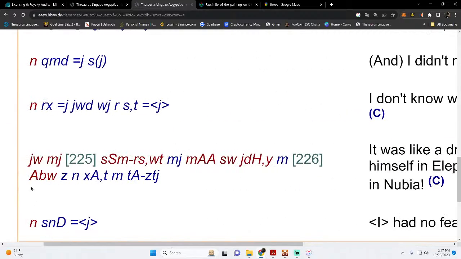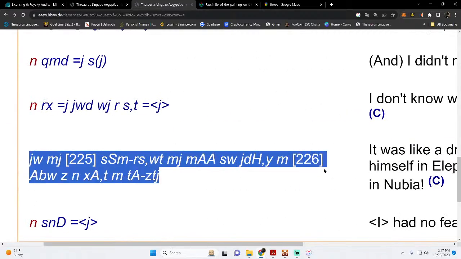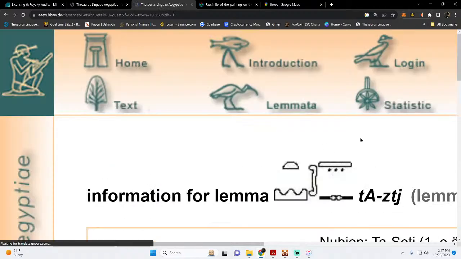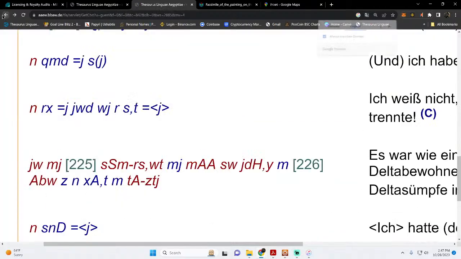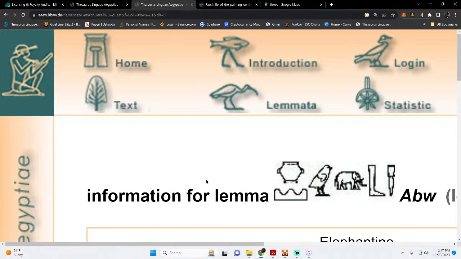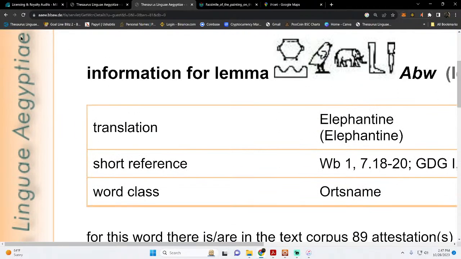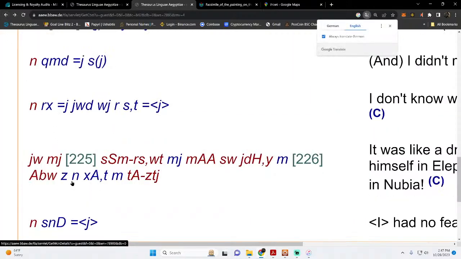All right? Now, but you can say, and they ended with in Tassetti, but in Abydos or Elephantine, Abu meaning the elephant, see? So if you find yourself in Abu, this is a man,